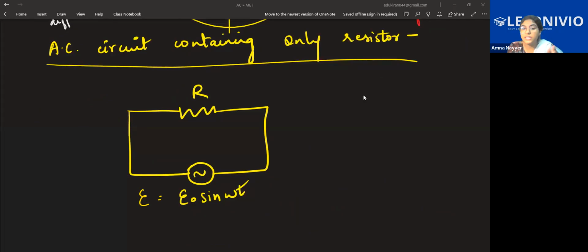That's the difference. Here you have the AC dynamo, which is converting the mechanical energy to the electrical energy and producing alternating current, right? You don't have the battery and the wire and the switch system. If that is present, it means it's your DC current. Right now, this is your AC current. So that's why this symbol should be enough to make you understand that this is representing alternating current.